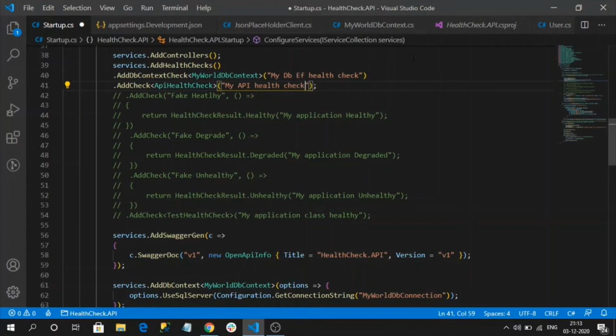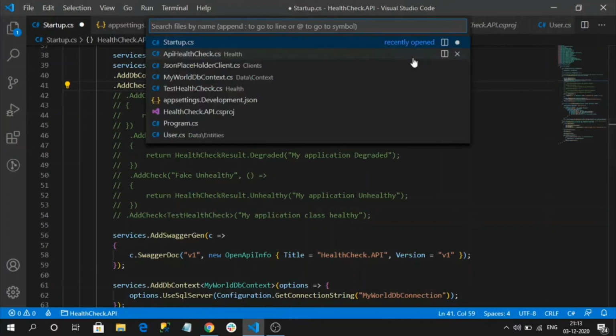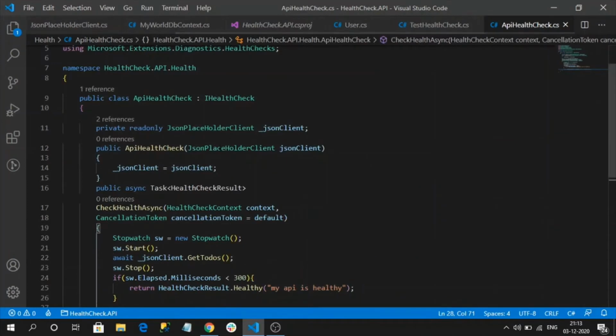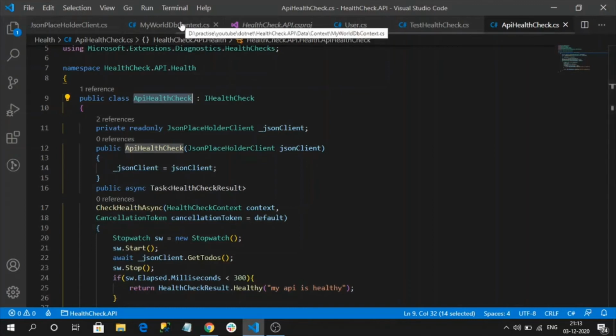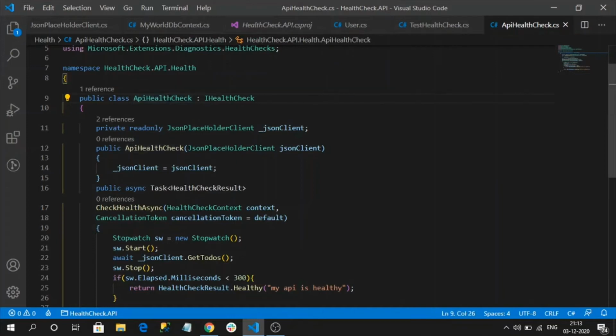Since in my health check file, if we observe, we are injecting our HTTP client, right? So we need to register this API health check with a lifetime scope. So here I registered its lifetime as scoped, which means it executes per request.